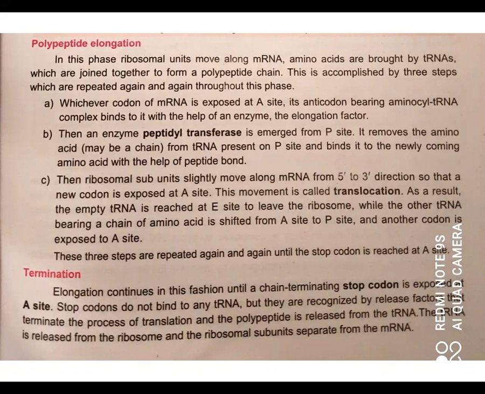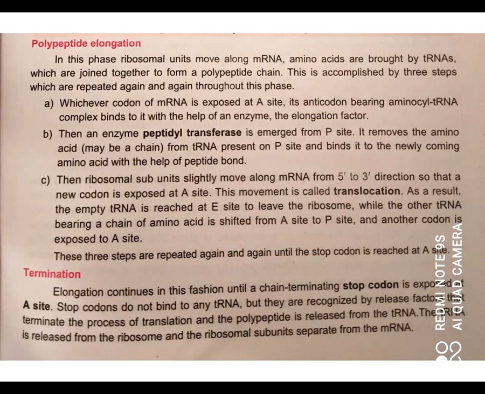As a result, an empty tRNA is reached at the E site after giving its amino acid and now is ready to leave, so that another amino acid can now come and bind at the exposed A site. The three steps are repeated again and again until the ribosome reaches the end of the messenger RNA sequence at